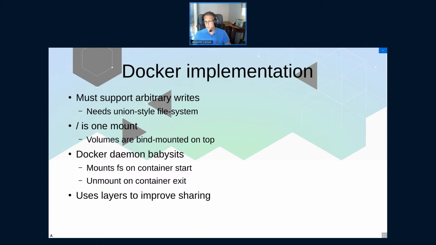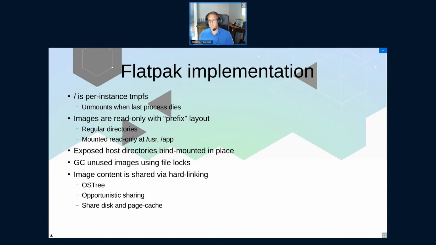And the way we use union-style mounts means we share data on disk between different containers that use the same image. Additionally, we can use layers to have parts of images shared between each other. But it's some sharing, but it's not as good as what we will get for Flatpak. You'll see with this, because in Flatpak,